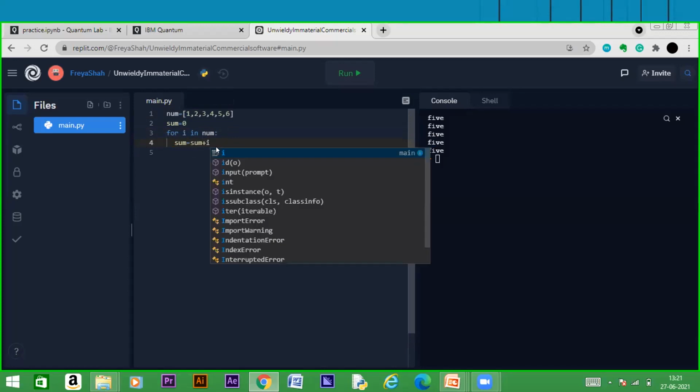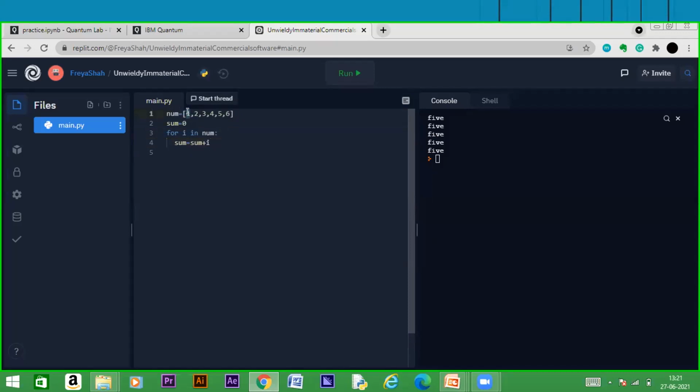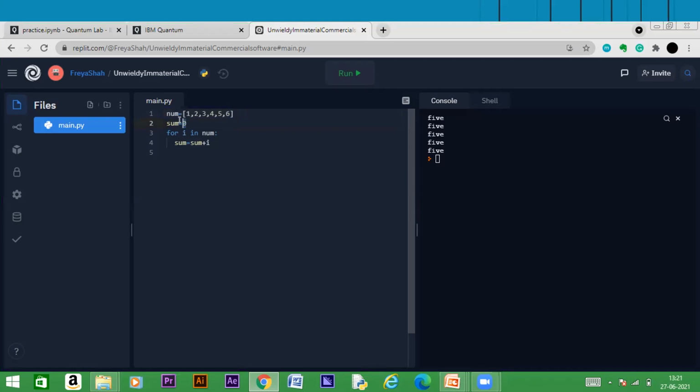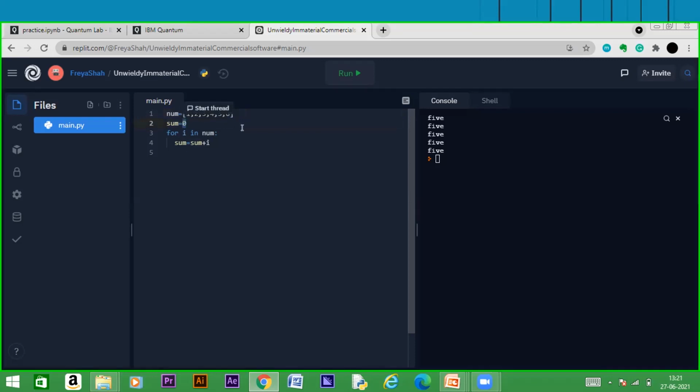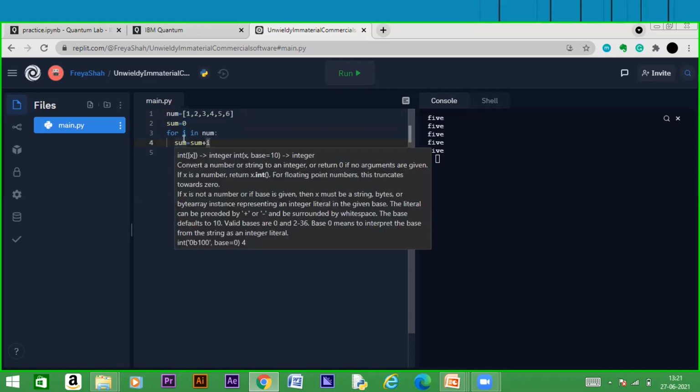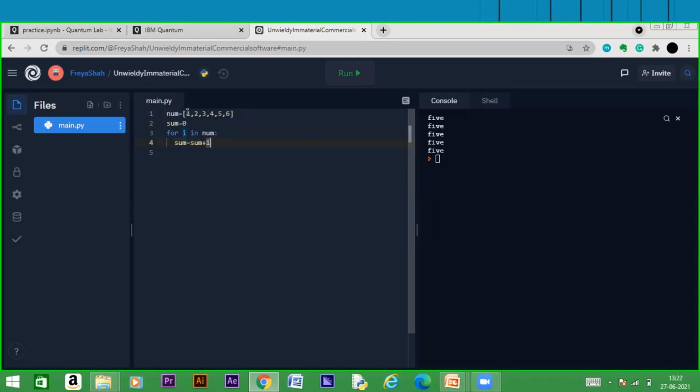What this will do is it will go over each element in this list. For example, the first element is 1. So it will take 1 and add it to sum, which is defined as 0. So 0 plus 1 is 1, and now it will assign that value to sum. So now the new value of the variable sum is 1. Now it will move on to the next value in the list, which is 2, and again add it to it. So basically we'll get the sum of all the elements inside the list using this code,